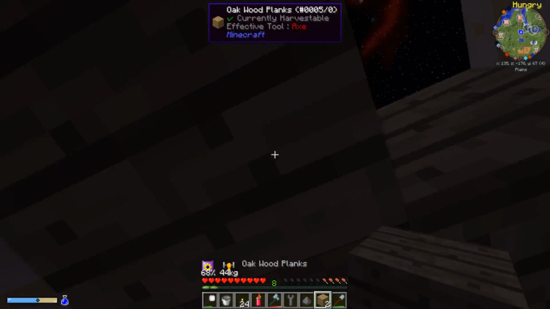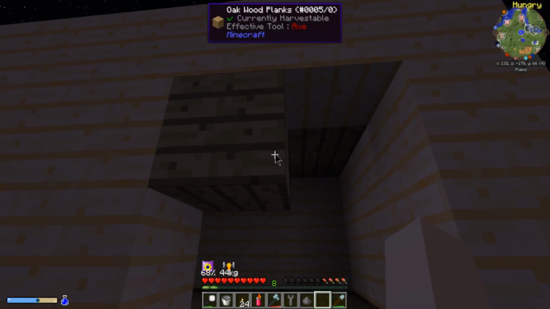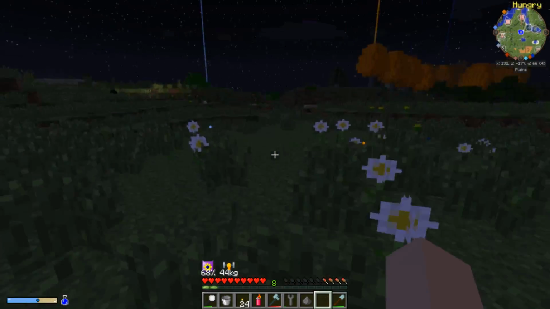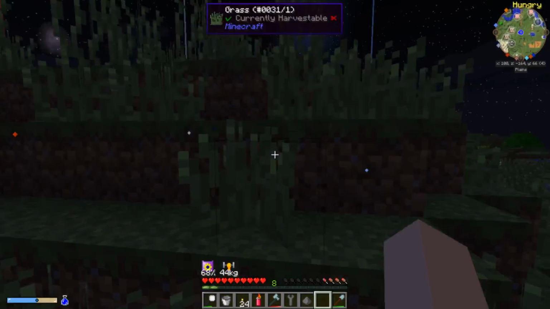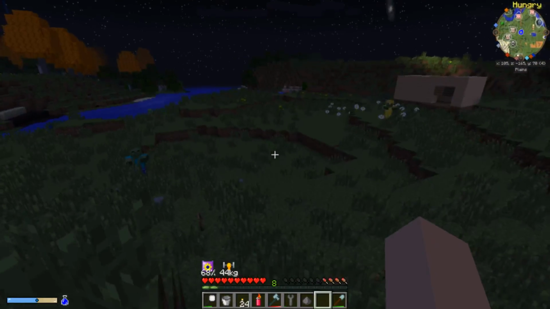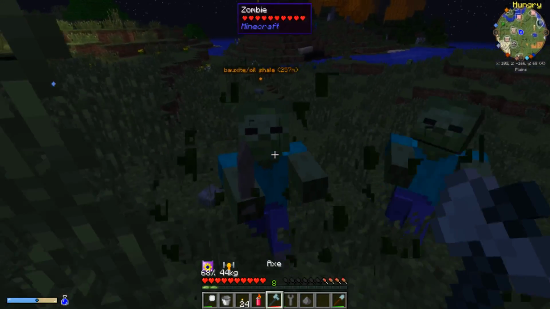And dirt. Alright, so there we go. We have a spawn chamber. We can see if anything spawns in it. I seriously doubt it will, but we got it. We can test it. We can stand here and see if anything shows up in there as we kill some zombies looking for...